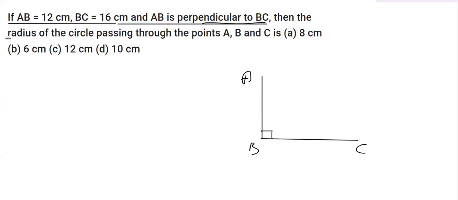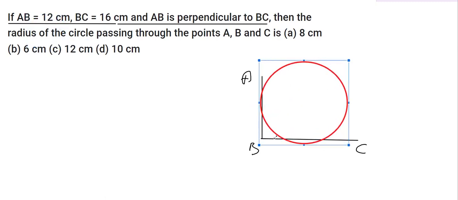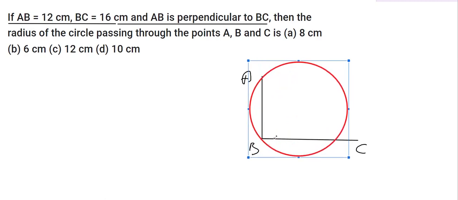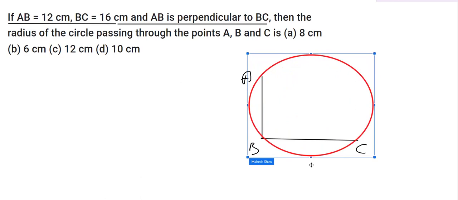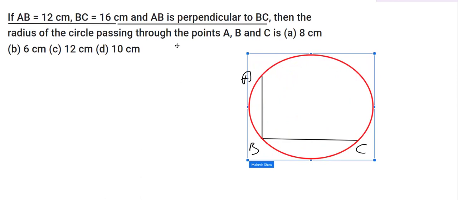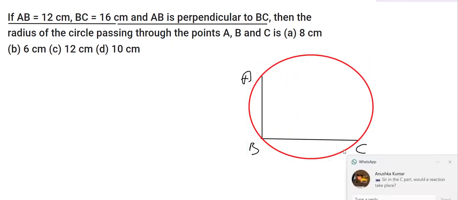Then they're asking what will be the radius of the circle passing through these 3 points A, B, C. So let's say I make a circle that is passing through these 3 points. Now, let me expand it. Even if it does not look like a circle, you don't have to make it up to the scale. So now I've drawn a circle that is passing through these 3 points, and then we have to find out